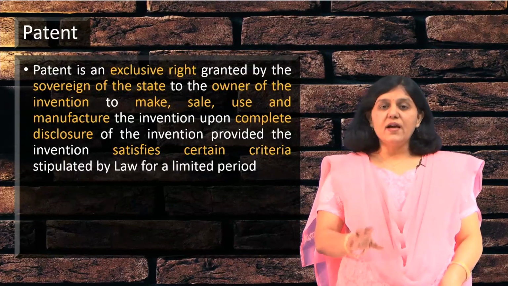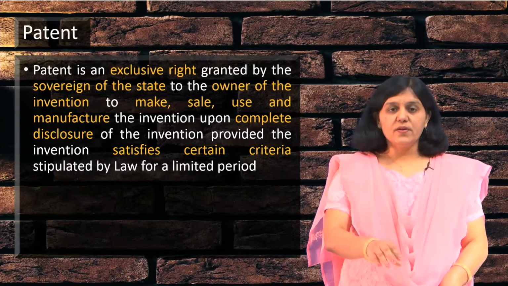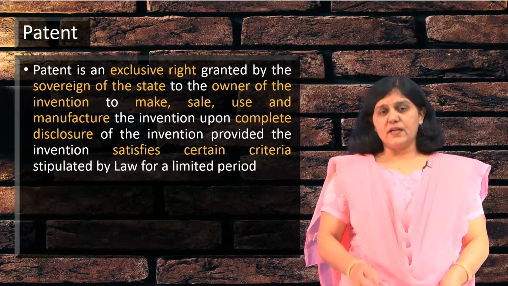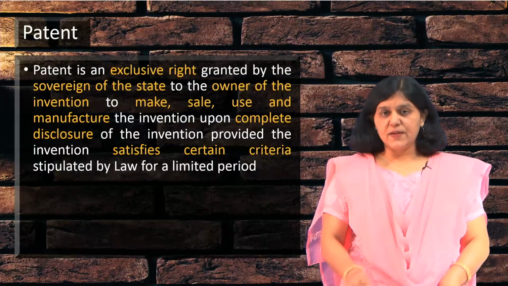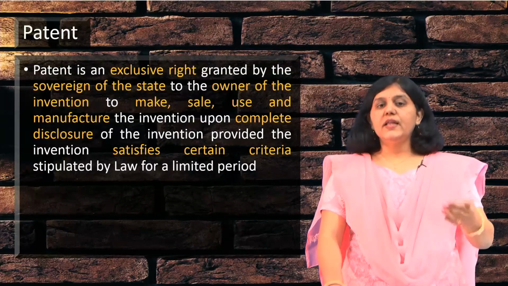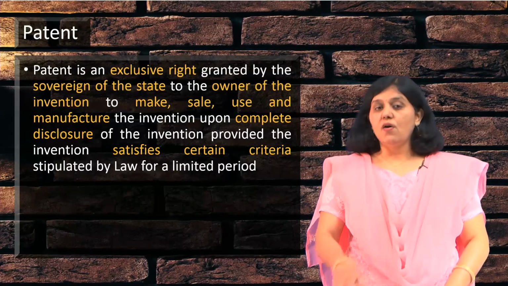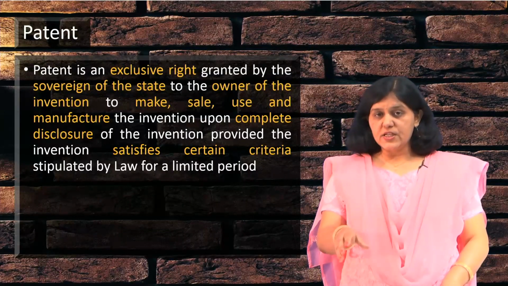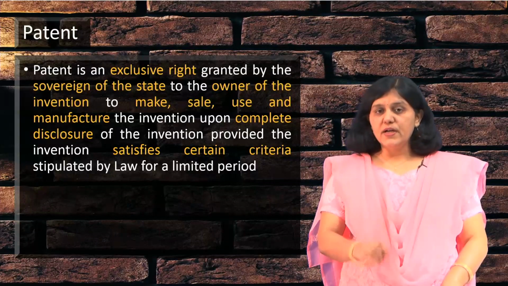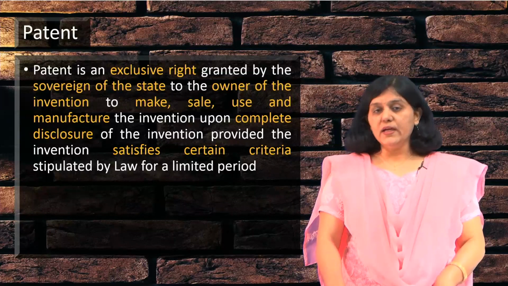So, you might have observed in a CV that people say they have applied for, say, 6 patents or 4 patents, etc. That is, they have submitted the application. However, when the examination of the document starts, the examiner will check whether all these conditions are satisfied, that is, a complete disclosure and the 3 criteria, and only then will the patent be granted.